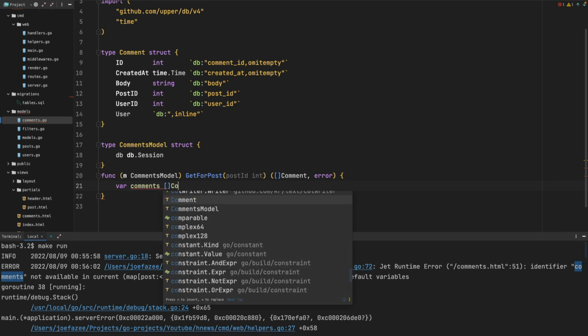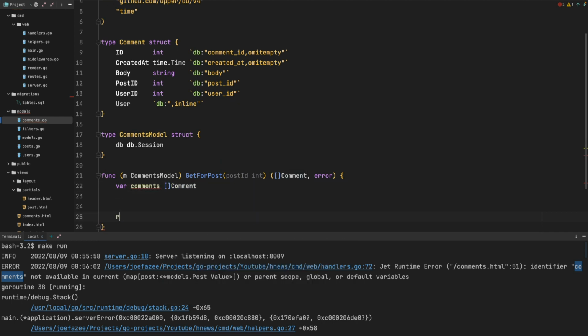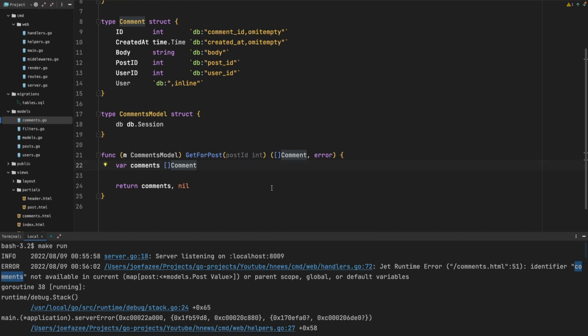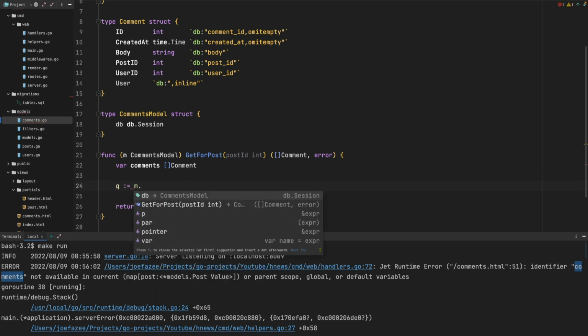And we're going to have this. This is what we are returning. I can just go ahead and return it. You know my flow by now. I like to start with the end goal. Here we are going to do some join. So stick with me. Q, we're going to say m.db,